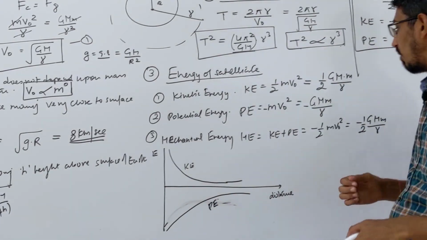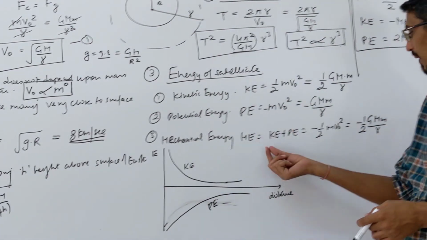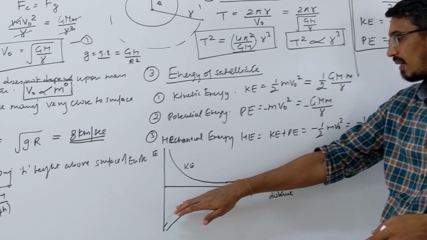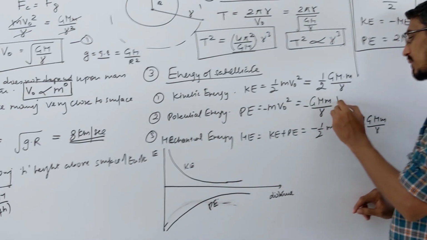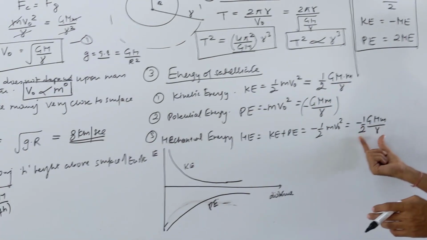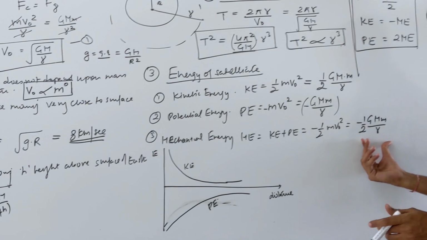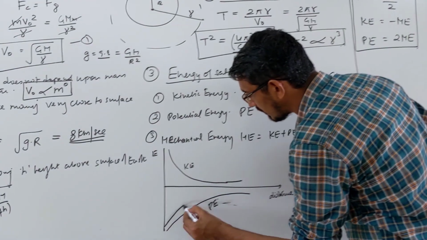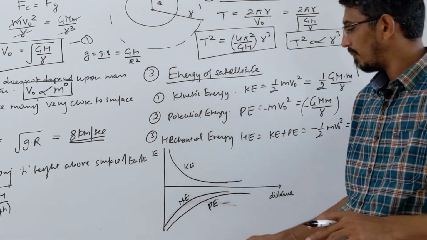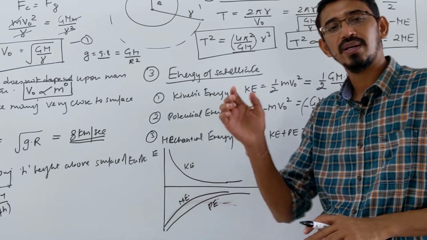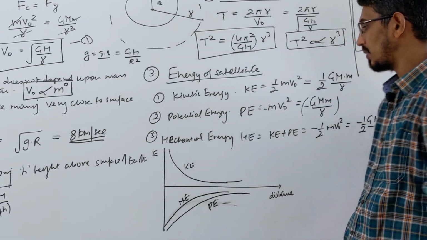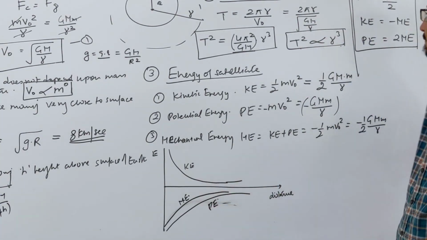Now it's very interesting to know how to draw the mechanical energy curve. Look here, mechanical again is inversely proportional to r, again negative, which means the graph will come in this quadrant, but will it come here or here? We know who is the big negative. This is the big negative. Look here, this is some minus x, and this is minus x by 2 only. This is a small negative, this value is actually big. So the mechanical energy will come somewhere here, like that. This is your mechanical energy curve. Kinetic is positive, okay. Mechanical and potential are both negative, but mechanical is less negative, okay. So this curve will be a little upward, that curve will be down, okay. So this is the curve of kinetic, potential and mechanical, okay.